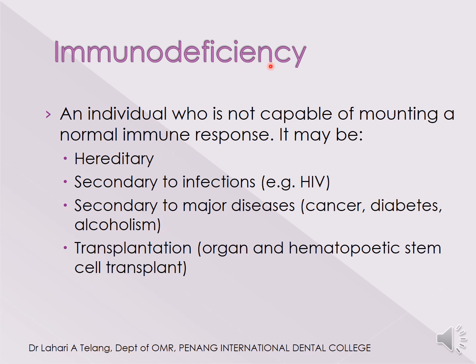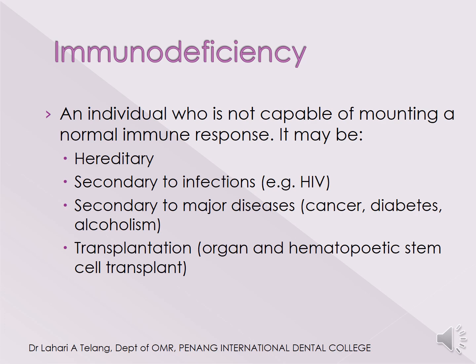Whereas on the other hand, immune deficiency would be the opposite of immunity. A person who's immune deficient is an individual who's not capable of mounting a normal immune response. So these could be because of hereditary causes, secondary to infections, an example is HIV, secondary to major diseases like cancer, diabetes or alcoholism, and transplants. That means when the person receives an organ or a hematopoietic stem cell transplant, the body goes into a state